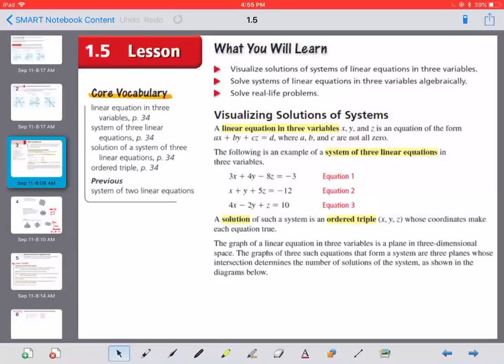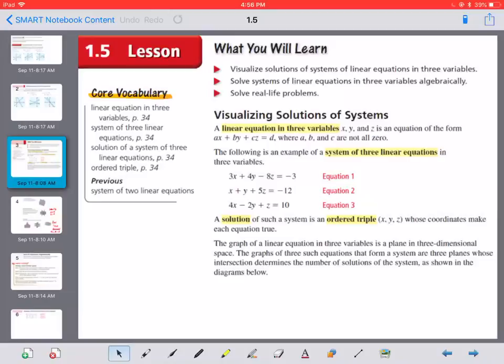All right, we're going to pick up in chapter 1, section 5, solving linear systems. And we talked last video about solving systems with two variables and went over how to do substitution and elimination and looking at graphing to solve. So now we're going to do the Algebra 2 version, which is linears in 3 variables, a system of 3